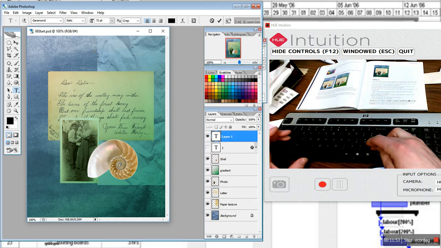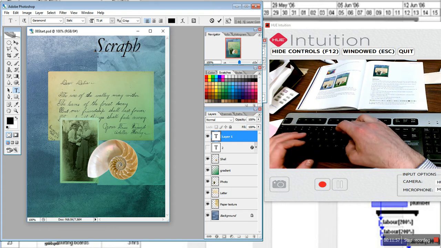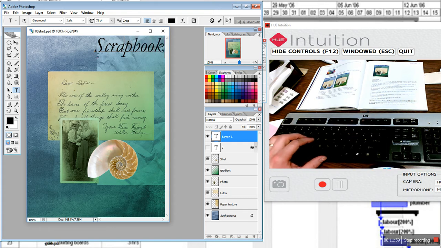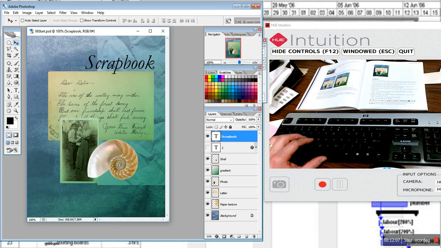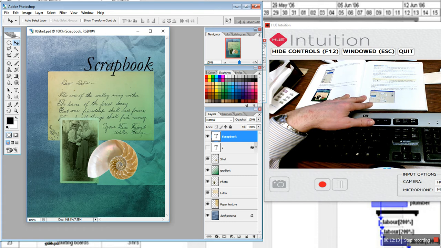I'm going to type in scrapbook. Click the check mark to commit edits. Use the move tool and line it up along the edge here. That brings us through step 5